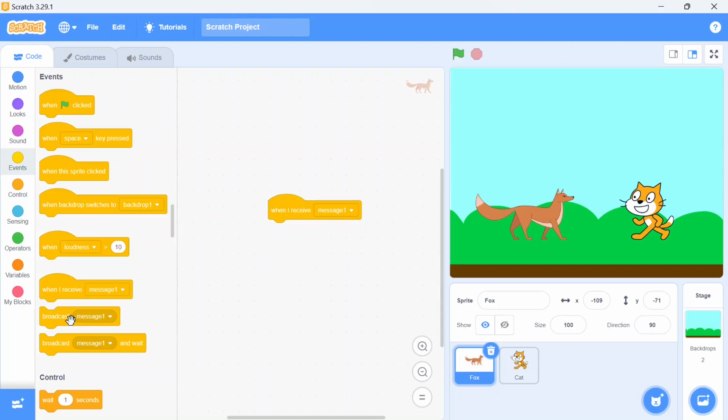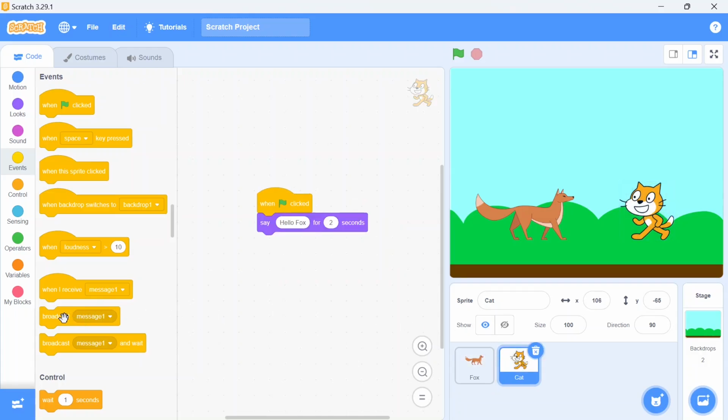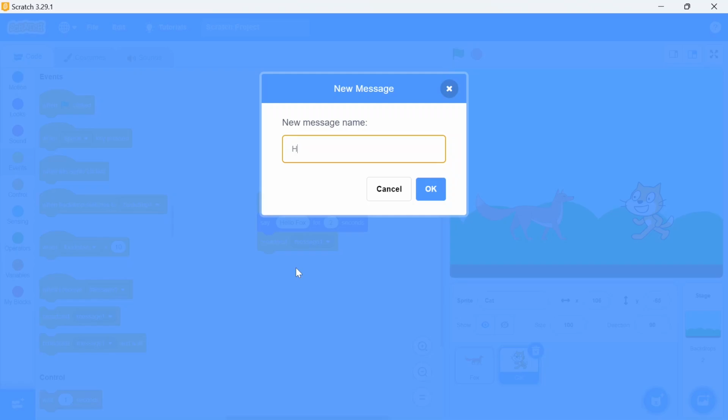So when I need to receive any kind of message, say here "when I receive hello fox" or "hello cat", on the basis of the broadcast message I need to reply to that. So in this one I broadcast a message. Here I choose new message, and I mention hello cat.